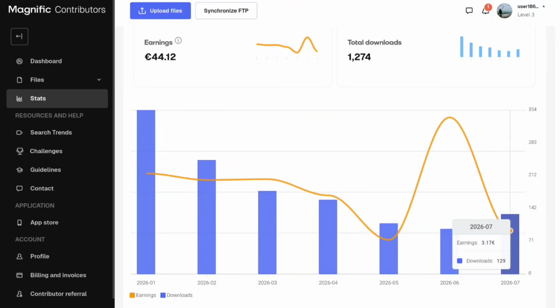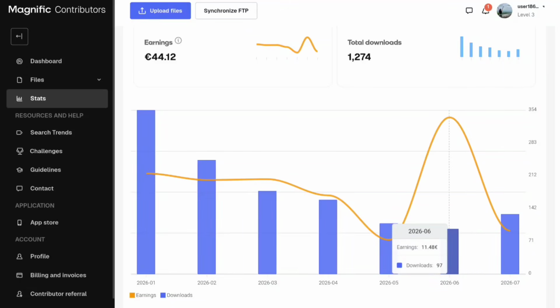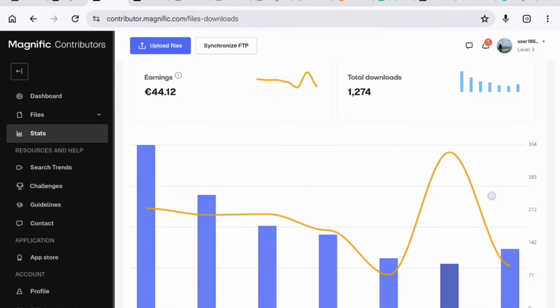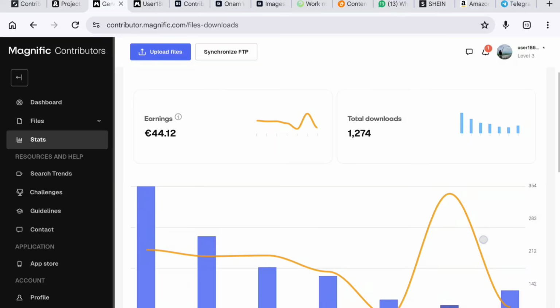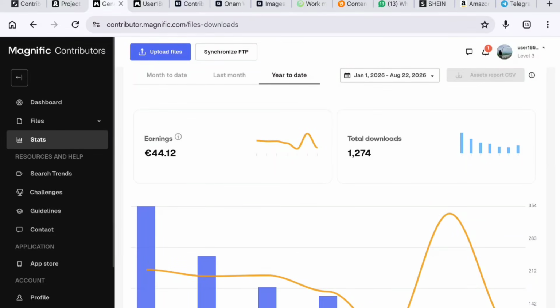So income is not fixed over here. You can see 97 images, but I got 11.48 euro. So you can't judge how much you are going to get in a month. This is not fixed at all, and your earnings can be completely different from mine.